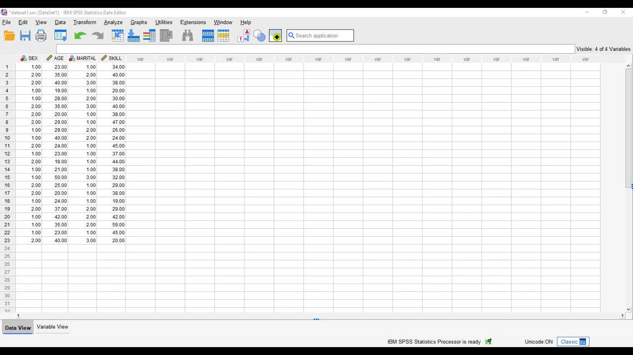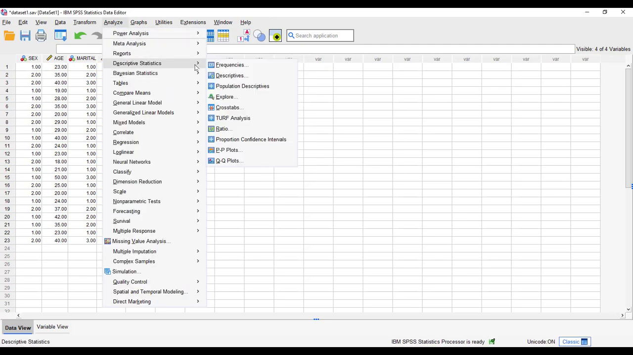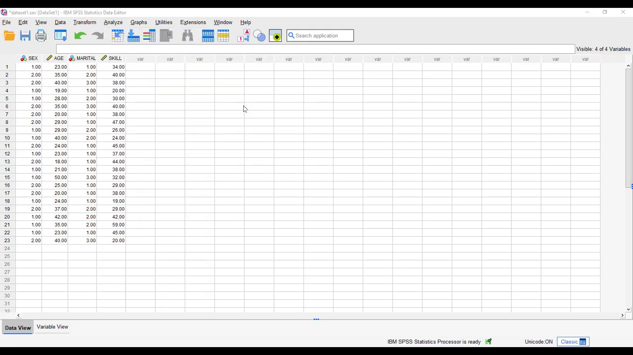Practice exercise 3.2, we're going to use data set 1 from Appendix B and use the crosstabs command to create a contingency table. To do this, we go to Analyze, Descriptive Statistics, Crosstabs. We would like